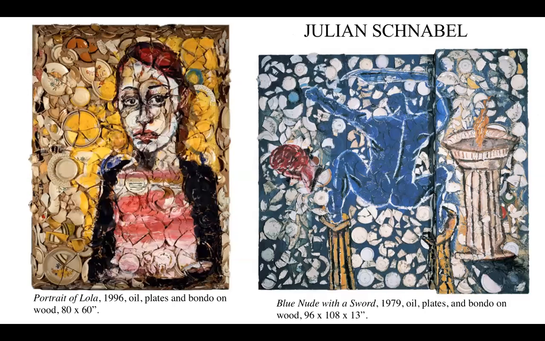The next artist is Julian Schnabel. This work seen on the right is one of his earliest figuration works. I thought these works were really interesting as there's a strong link between the human figure and objects, by literally creating the works out of broken plates and then painting over this broken and disconnected surface.